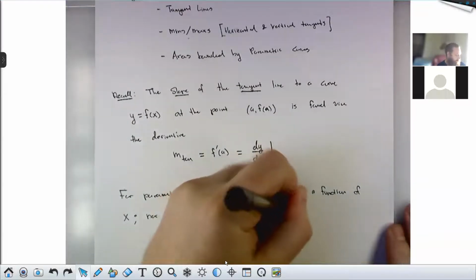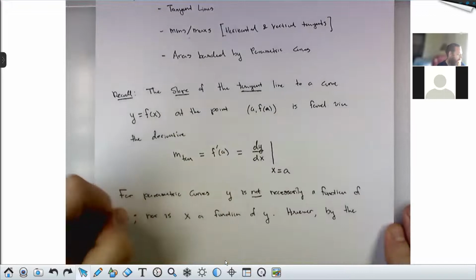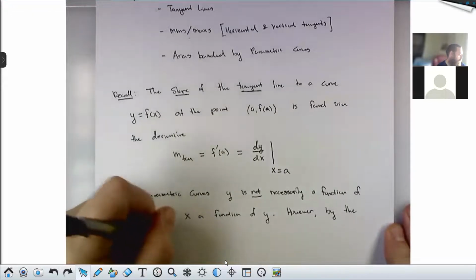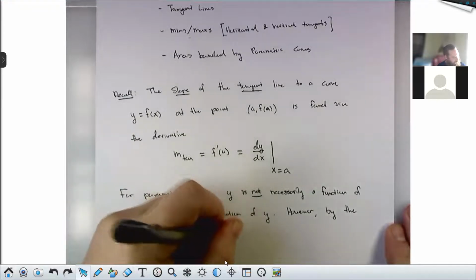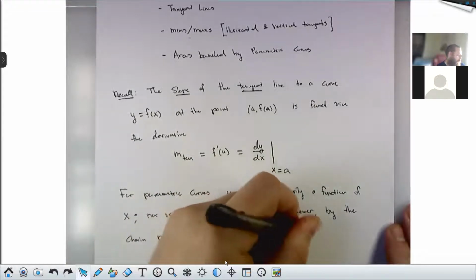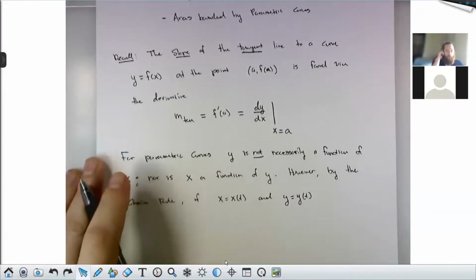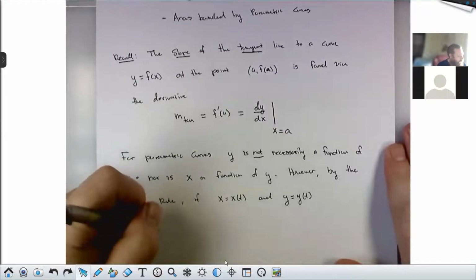However, by the chain rule, if x is x of t and y is y of t, really what we're appealing to here is something called the implicit function theorem, or you can think of it like we're implicitly differentiating. I won't go into the details of the implicit function theorem because it's a little bit over this class in terms of complexity, but you can